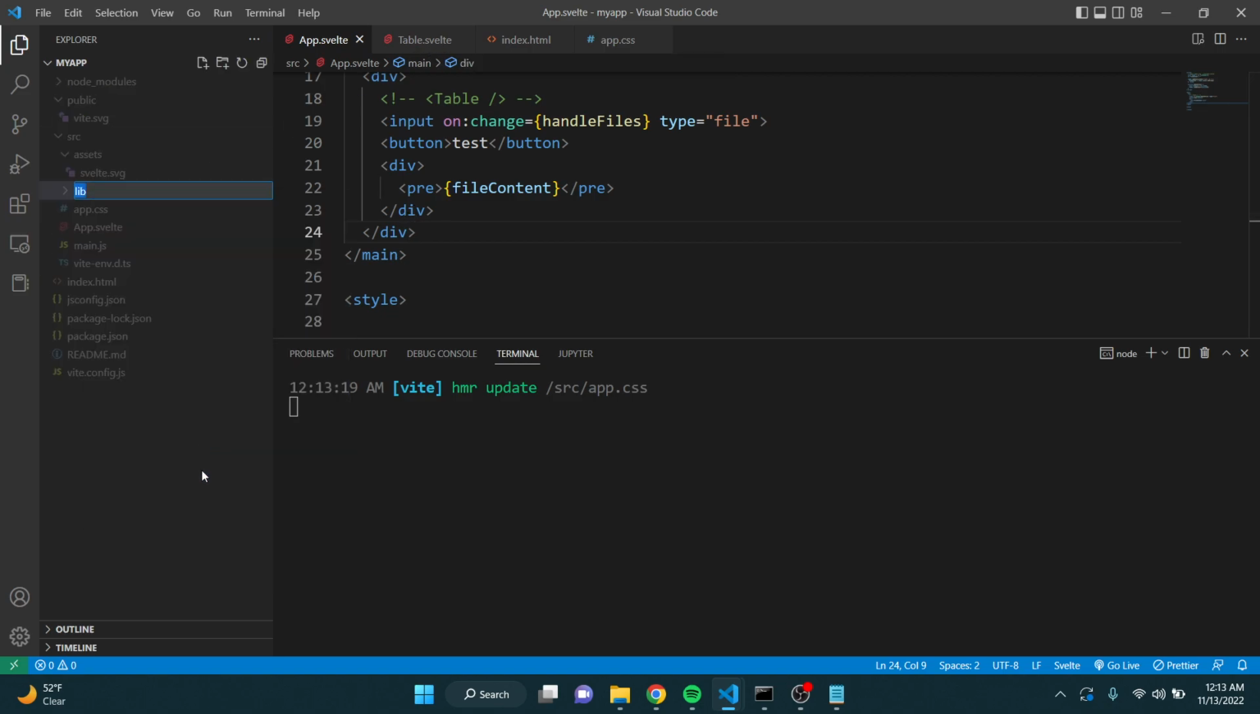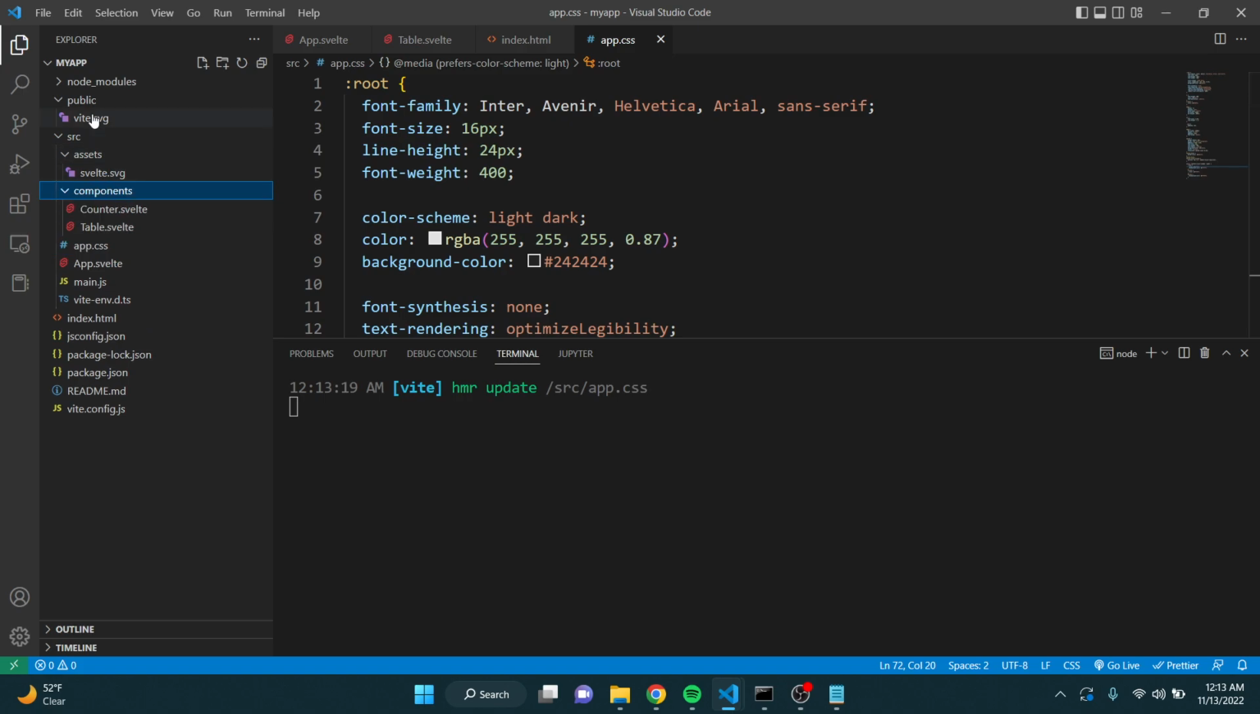So one thing I do want to do is I'm gonna rename this. I think the lib is where I'm gonna put stuff like the utilities and functions that do different things, but aren't necessarily components. And I don't think it matters what you name these. So yeah,